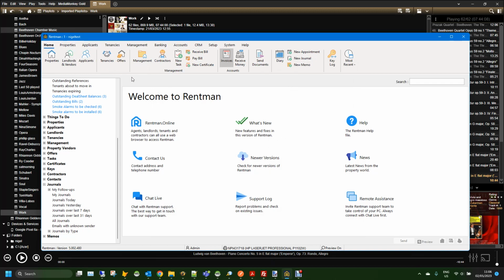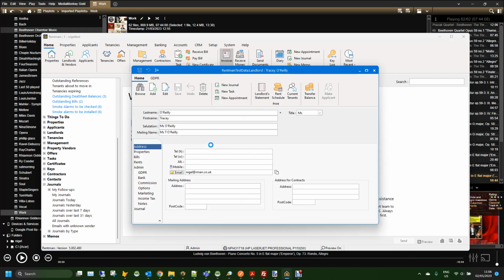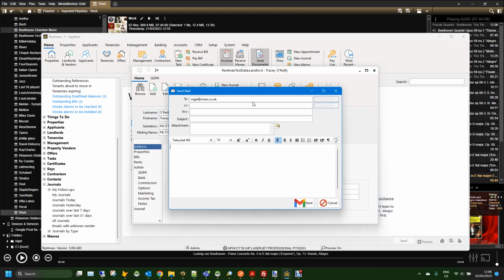Now, whether you are emailing from a print preview screen or from emailing a management statement from the management screen, or as I'm about to do here, you're explicitly sending an email from a button such as this. Here's a landlord, email setup, email, and the email client pops up. So we type test, we type blah, blah, blah. And because we're configured to use Gmail, we've got Google's logo here, and we press send. Now, when we press send,